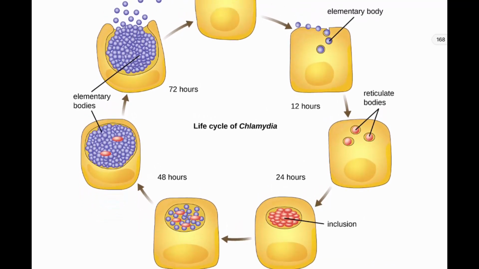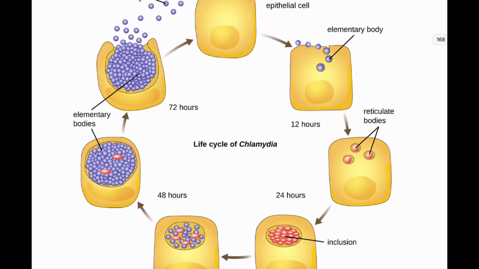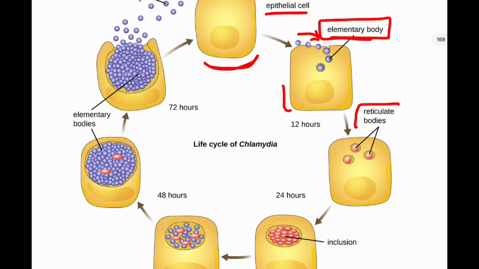So you can see here's the epithelial cell, just a happy little epithelial cell in the human body. And then we get these elementary bodies. These elementary bodies are metabolically inactive, but they can invade this epithelial cell. And then they form these reticulate bodies. These reticulate bodies are going to grow and multiply and be within an inclusion inside of this epithelial cell. And then these reticulate bodies are going to produce more of these elementary bodies, and they're going to multiply, make